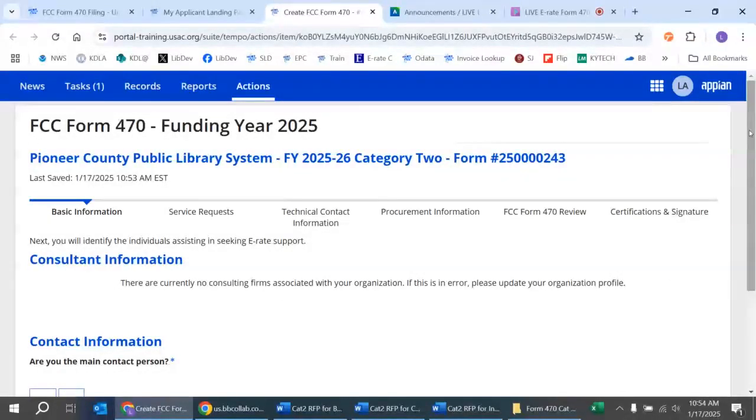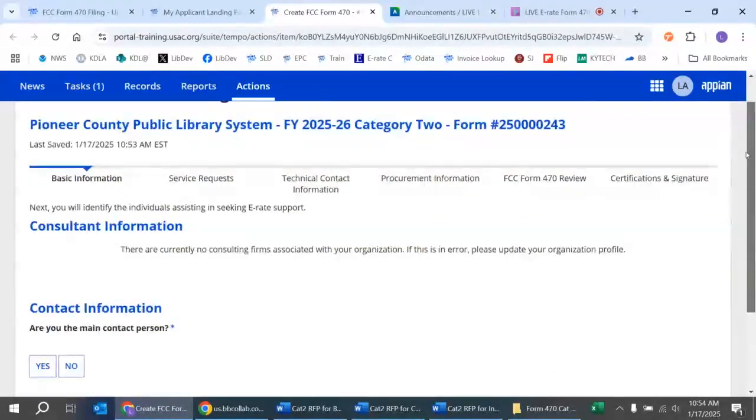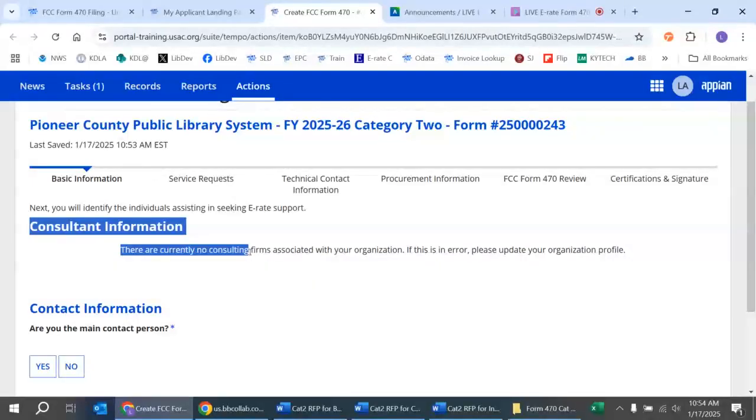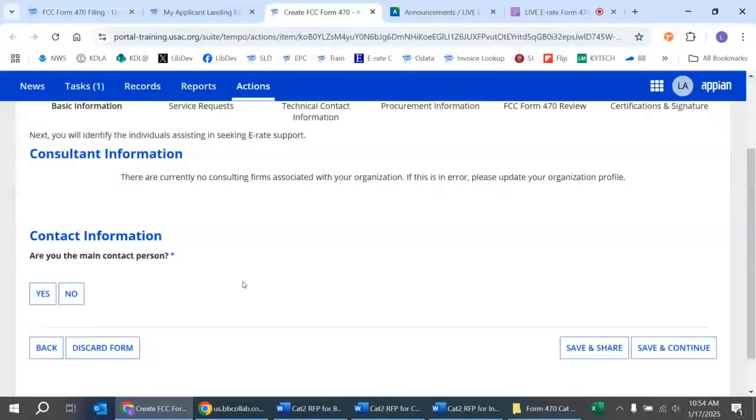Right, next up, we have a page with contact information. There's only one library at this point that has a consultant that files on their behalf. And since that consultant does handle the form filing, the library would never be on this page to see it. So for most of you, there's not going to be anything listed as a consulting firm, where you're paying somebody else to handle your filing. You'll skip down to